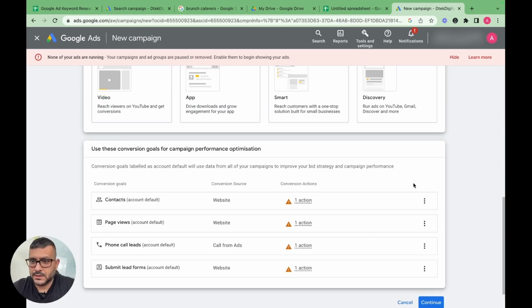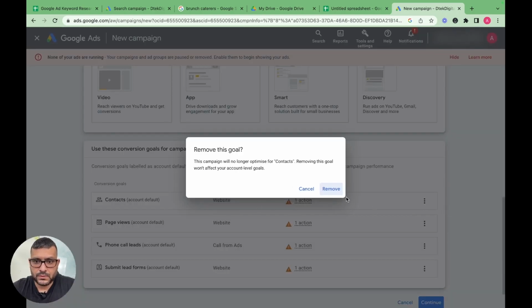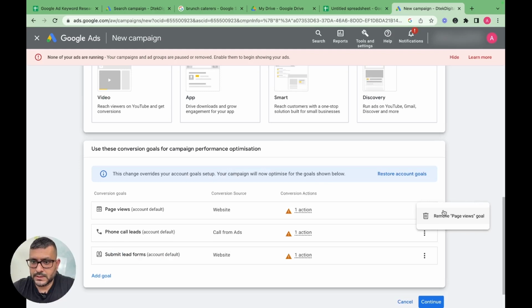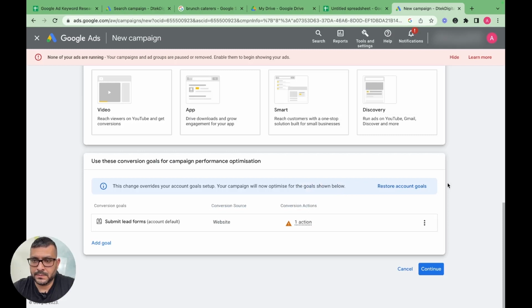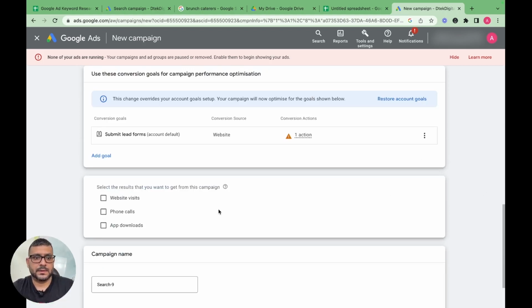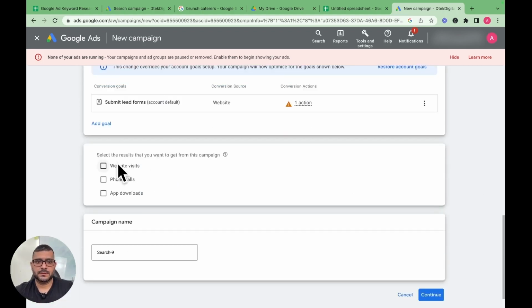and then here come our goals. This is related to this Google Ads account, we don't need them. Any goal which you have created in your Google Ads account will come up here, and you can simply remove them. This one will not let me remove. You can add a goal over here right now, or do it later as well. Then you can select the result that you want to get from this campaign: your website, your phone number, or app download. We're not going to do anything in here, and then what we're going to do here is put